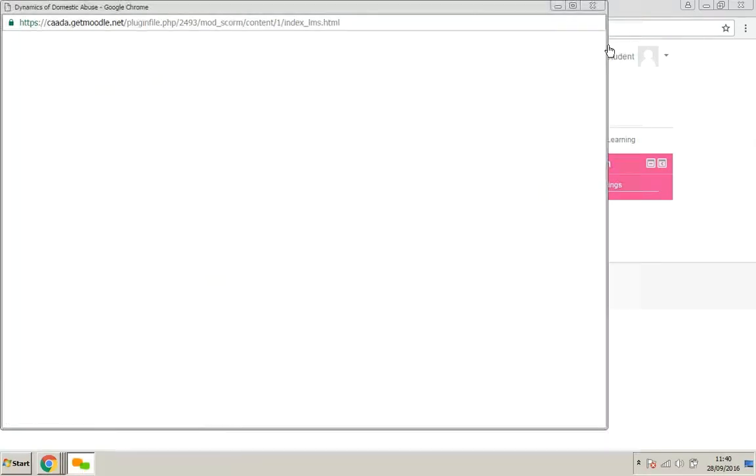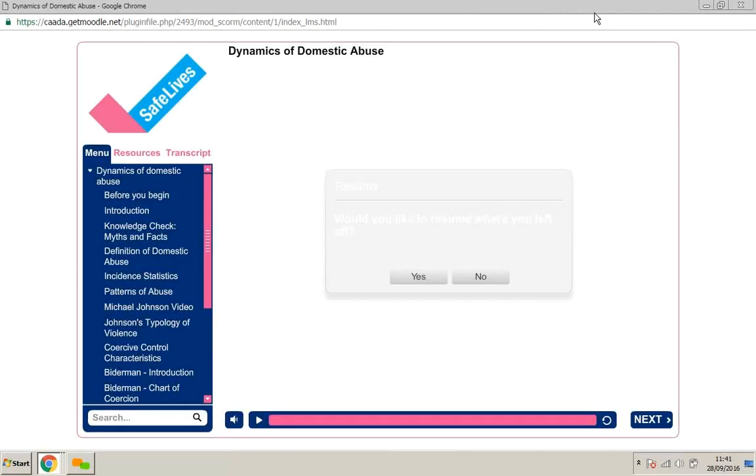So I'm just going to minimize this. And it should load up here. I'm on a bit of a slow laptop, unfortunately, but it's asked me in this grey box here in white font, would you like to resume where you left off? So for the purposes of this, I will. And on the left,